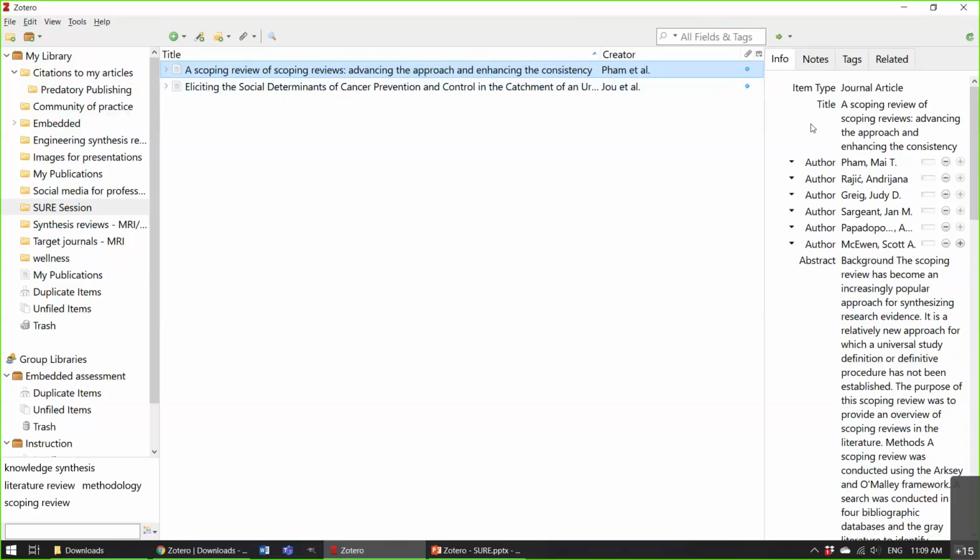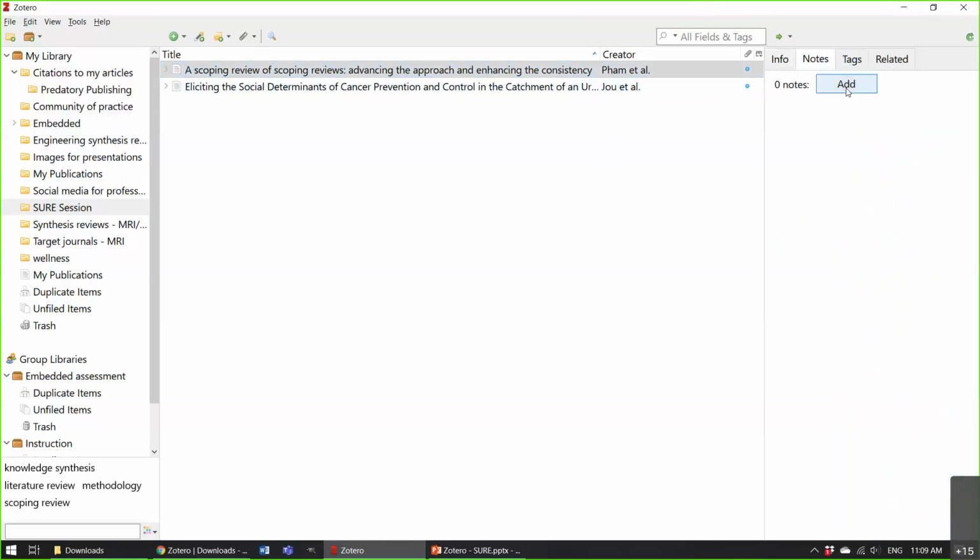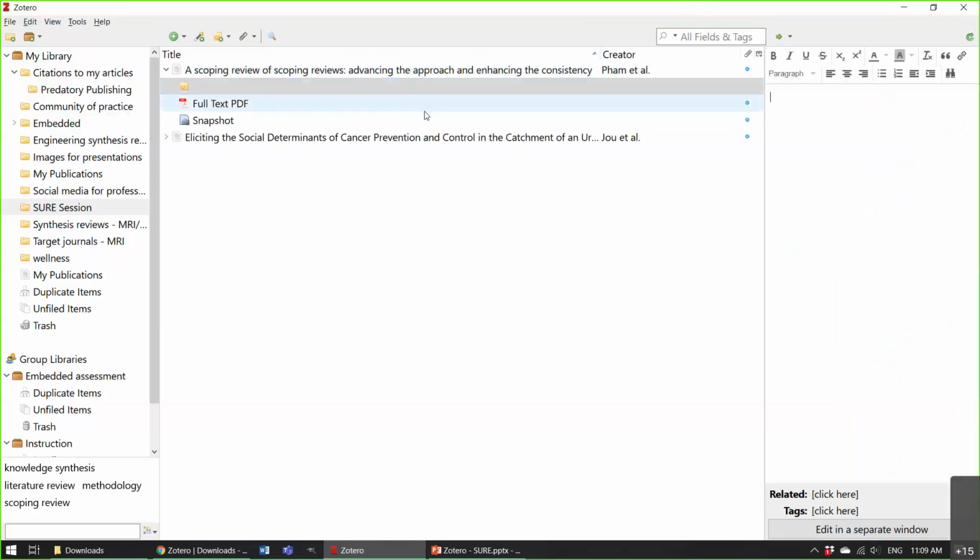So there's a couple of great features along the side here. So this is just the info for this article, but I want to point out there's also notes. So you can add different notes for your article based on whatever project you're working on. So for instance, if you're reading, say, 5 to 10 different articles on the same topic, and you find some interesting things in specific articles, you can add that note there so you know exactly which article you need to be citing when you're writing your actual paper, which is really helpful because, like, I don't know about you, but